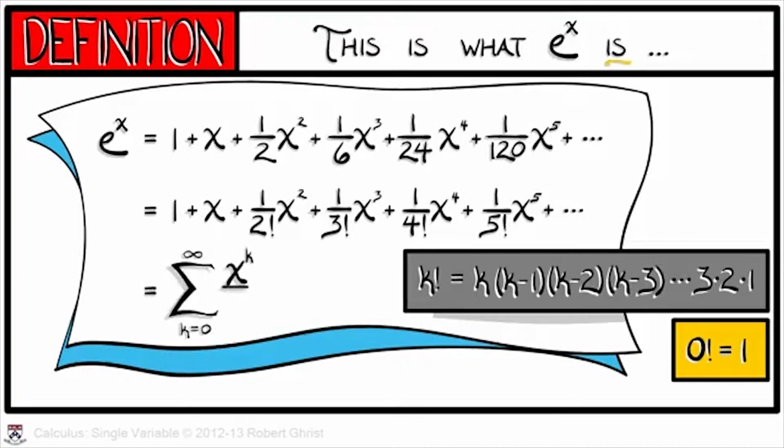Thus, we could write our definition for e to the x using summation notation, as the sum k goes from 0 to infinity of x to the k divided by k factorial. This is a formula that you are going to want to memorize, as we will be using it throughout this